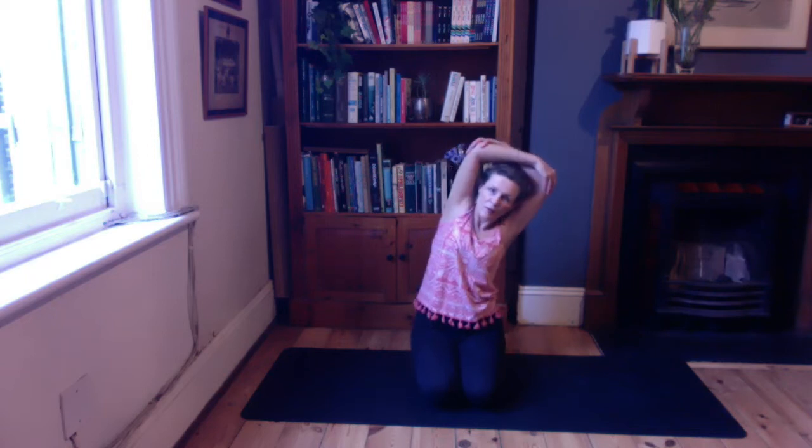And we're doing the hug the other way. Other arm on top. Nice, and stretch up. Other arm on top. Deep breath in. And a side stretch. Keep the sitting bone down. Keep the neck comfortable. Breath and lift, breath in and lift. Breath out, lower. Stretch up,